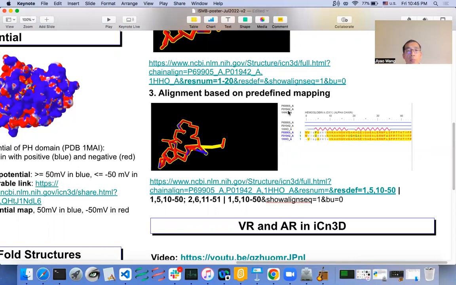You can also align based on predefined mapping. So for these three chains, this is the residue defined, and this is the residue in the first chain, and these are the residues 1, 5, 10, 50 in the second chain. And for the second alignment, the master chain has residues 2, 6, 11 to 51. And in chain 1HHO, it's 1, 5, 10 to 50. So here shows the multiple sequence alignment. Here shows the